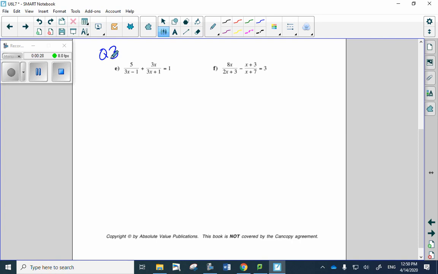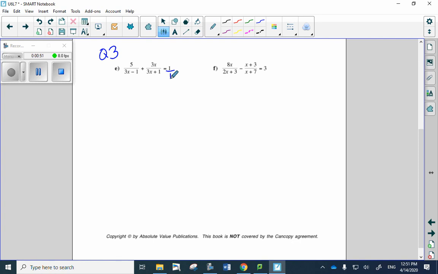multiply by the LCD. So if I look at the way the question is now, I don't need to factor anything, okay? Just pay attention to that last term, 1. This is really like 1 over 1, okay? Because you want to pay attention to that denominator to come up with the lowest common denominator. Okay, so like I've said, there's nothing that needs to be factored, so now we can just go and state